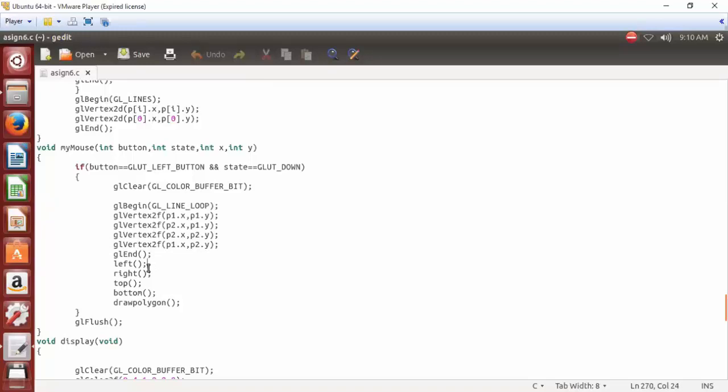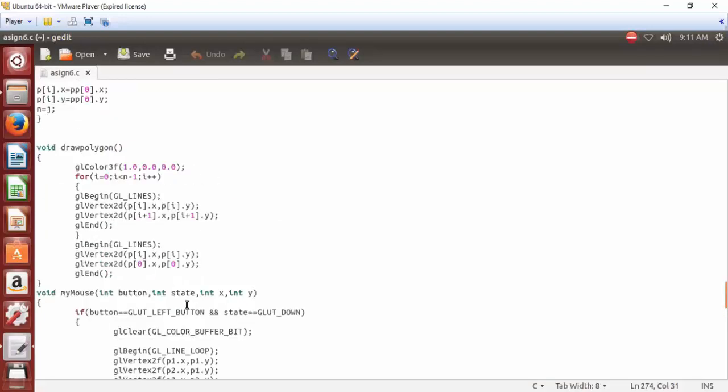Then the right function, right clipper. Then the top function, top clipper. And lastly the bottom function, bottom clipper. And then lastly, you draw the polygon. Draw polygon will draw the clipped polygon.